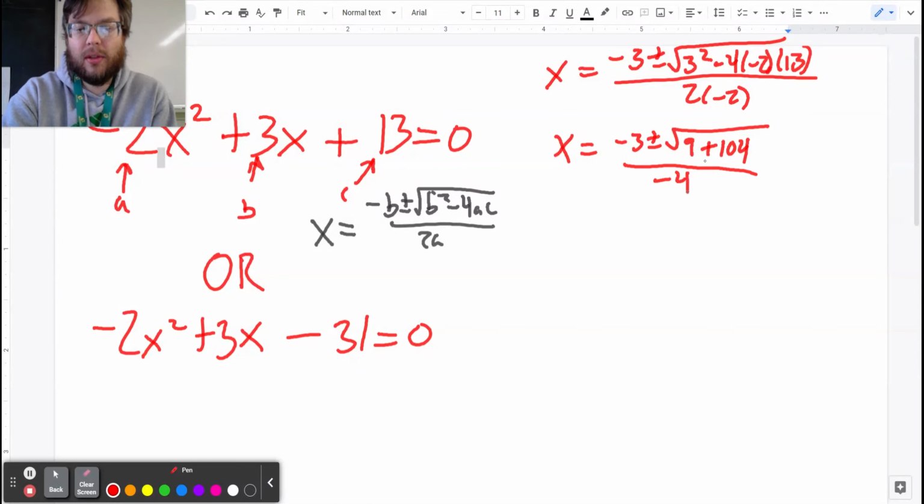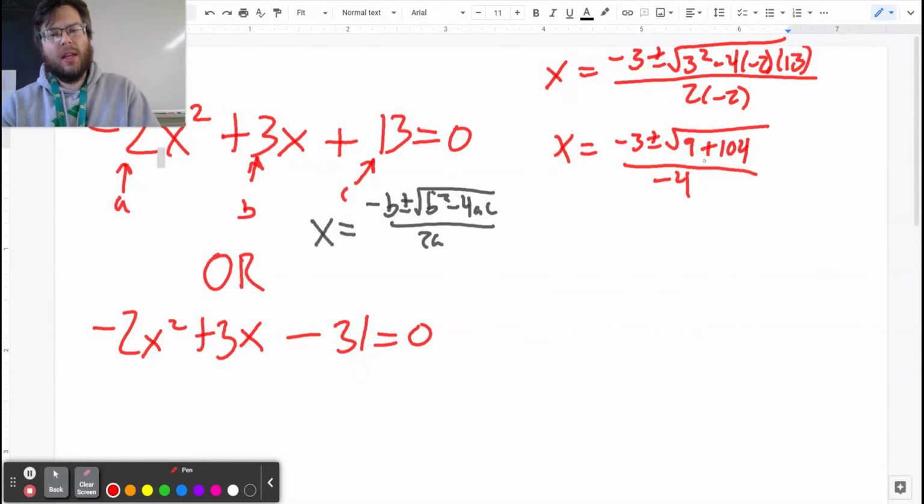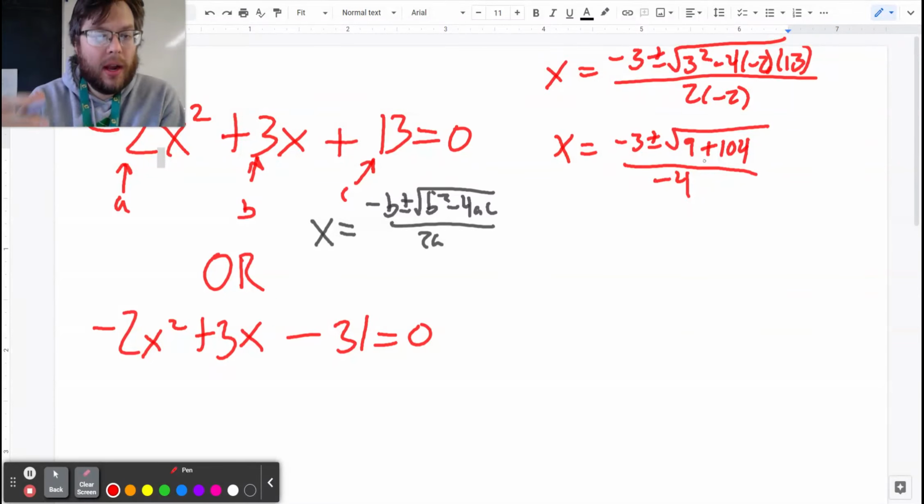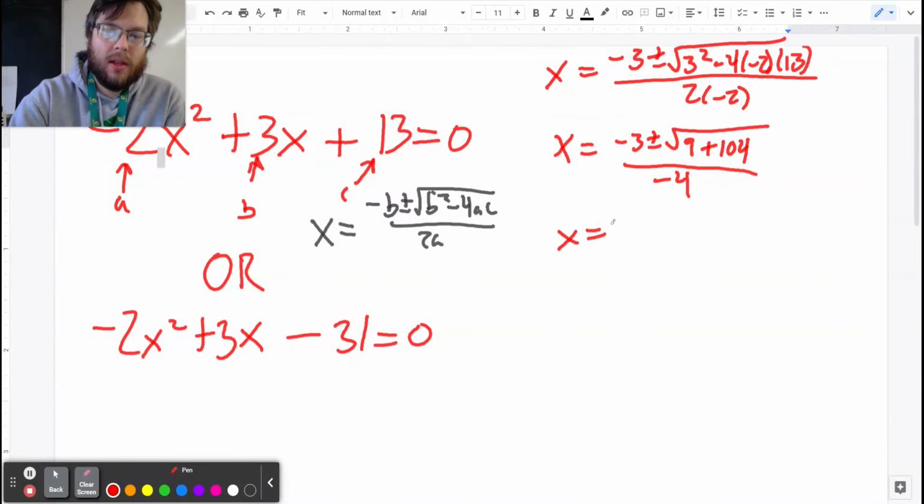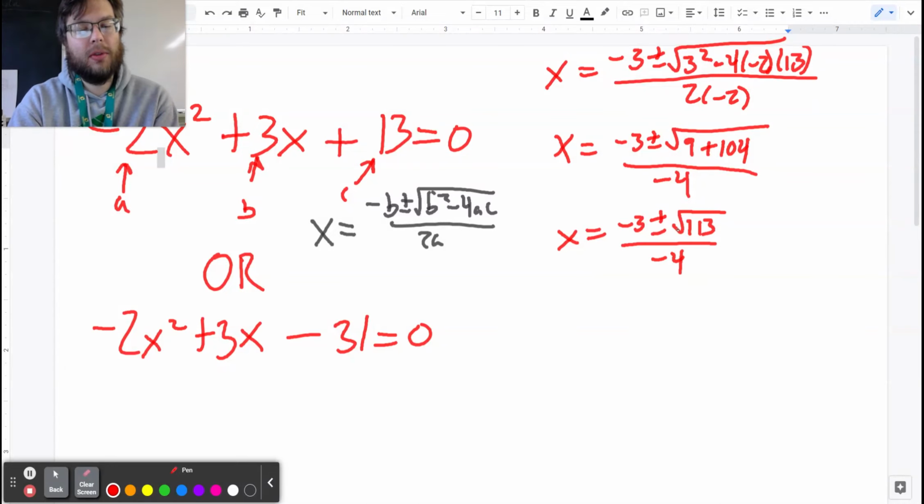2 times 2 is 4. I can tell right now that there's going to be two solutions. And the way I can tell is because the number underneath the square root is a positive number. Remember in the previous examples, when I took the square root of positive 4, I got two real solutions. Here, it's the same sort of idea. I'm just taking the square root of positive 113, which my calculator tells me is